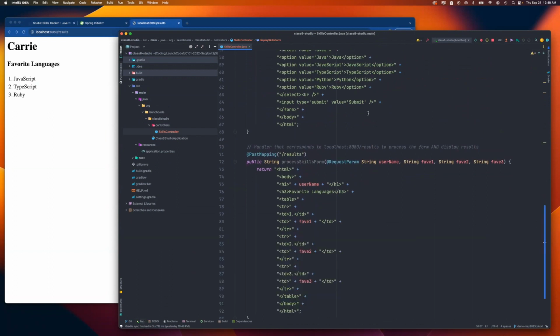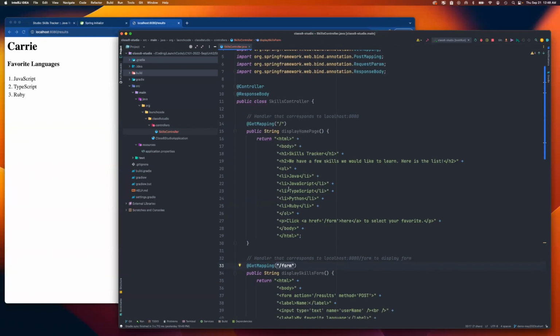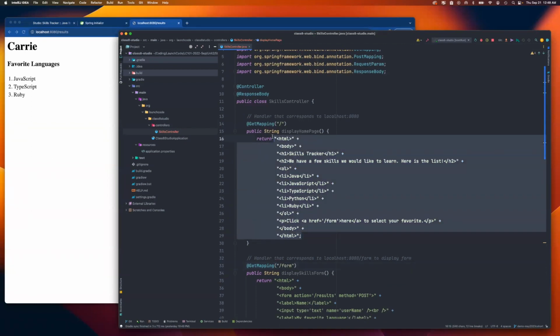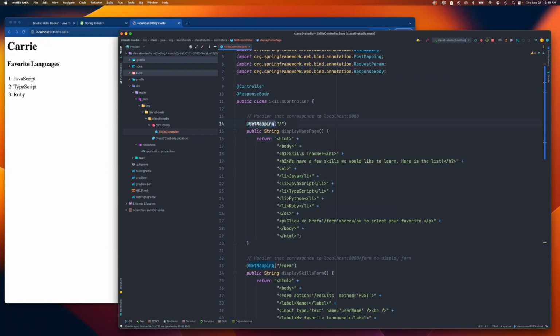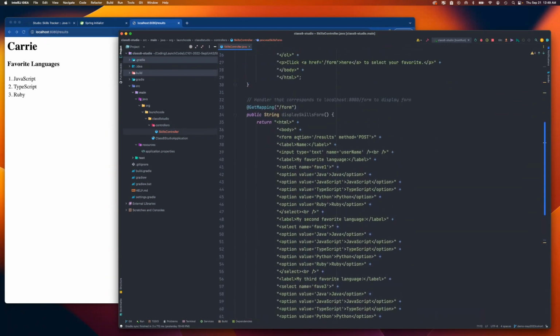Okay, that is it, guys. I hope this has been helpful for you in understanding what these annotations mean, what they're for, why we set these values here for each of these paths as the routes that they correspond to in the browser at localhost 8080, and why we're returning this as text, and why we use get versus post, and how important it is to make sure your action corresponds to the post route and that you're specifying post in that case,